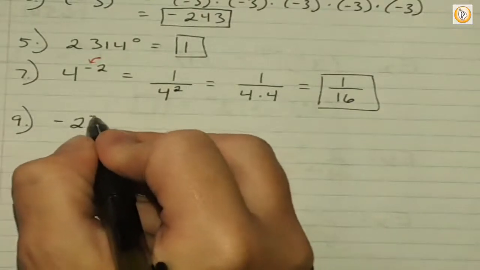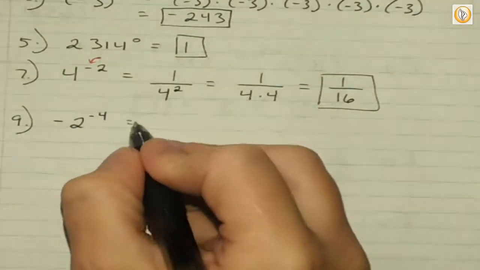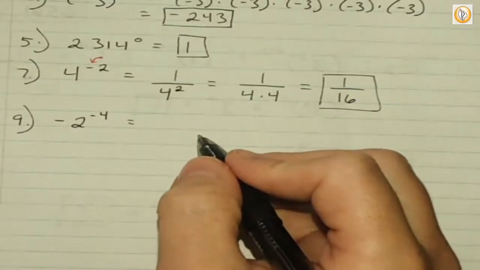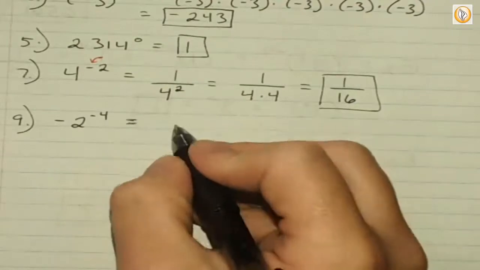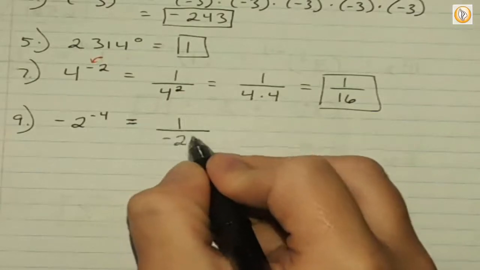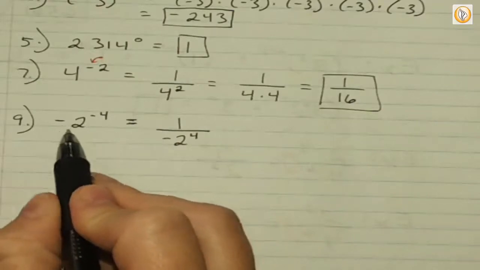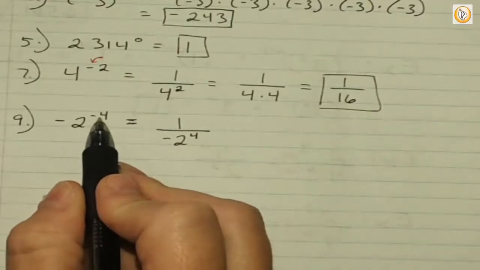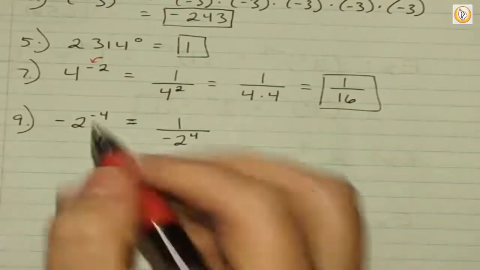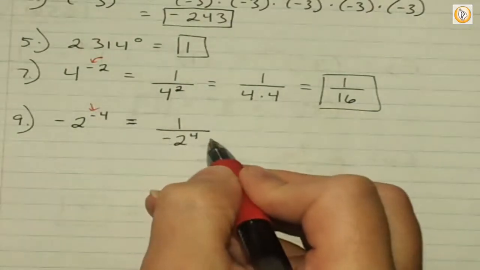Negative 2 to the power of negative 4. Put it under 1. Okay, and so what is under 1? Negative 2 to the power of 4 over 1. Okay, so why do we keep this negative sign but get rid of this one? Because exponents can't be negative, but the number can. Bingo. Guys, notice, you can't have a negative exponent, so we put it under 1, turned it to a fraction,